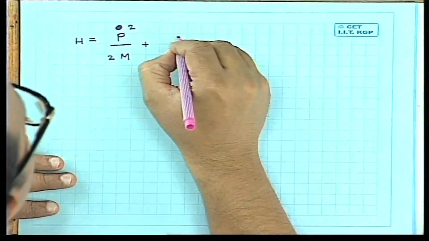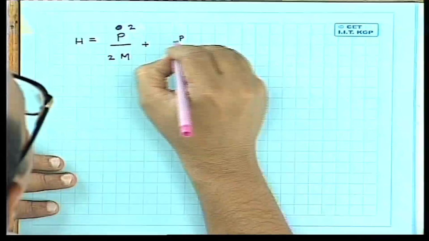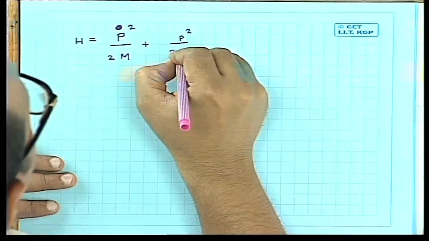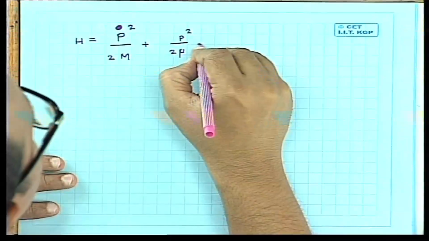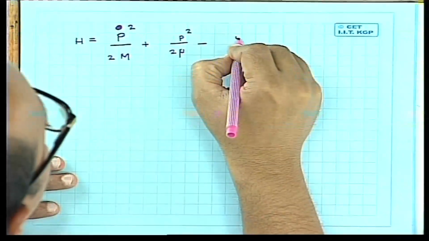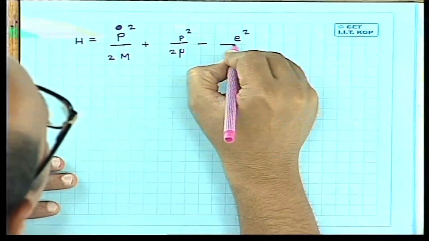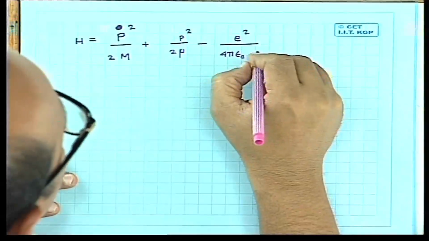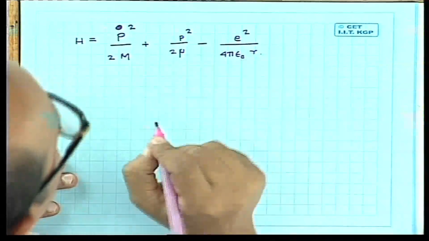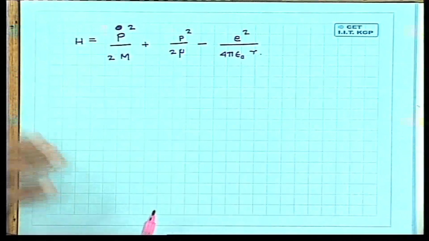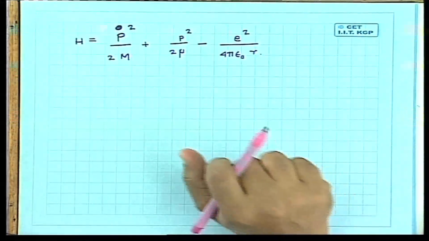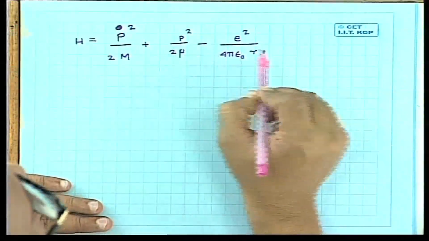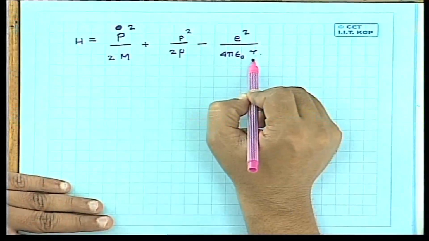which is the small p squared by 2 mu, and we still have the same potential, which is e squared by 4 pi epsilon naught into r. The potential now depends only on r, which is the difference between these two positions. So small p is the momentum conjugate to this r,